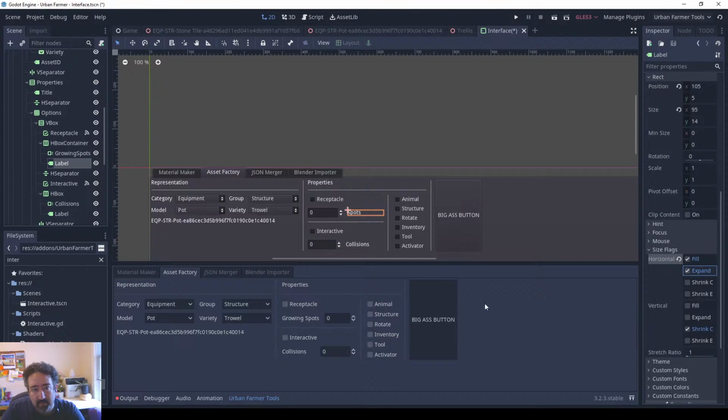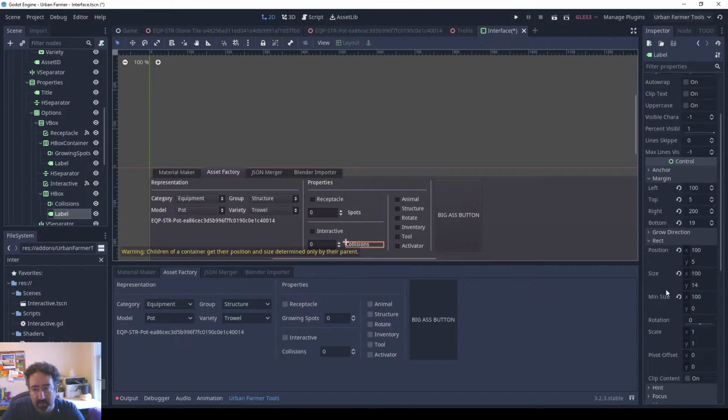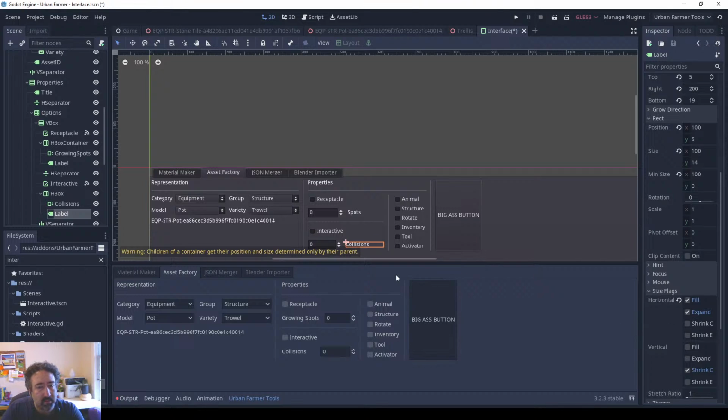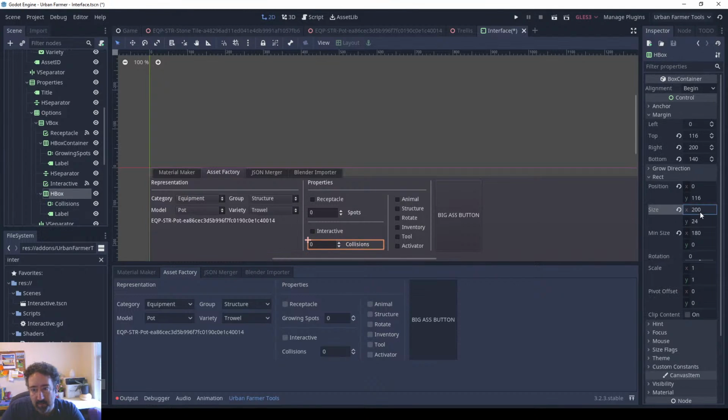Expand. Yeah, I guess I remove it. And I think the minimum it can be,